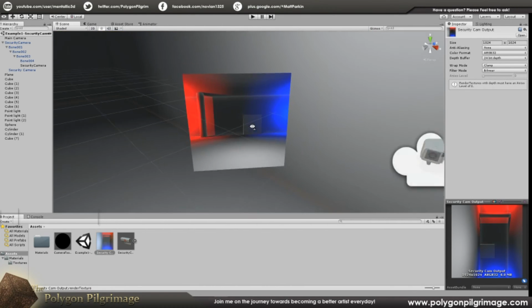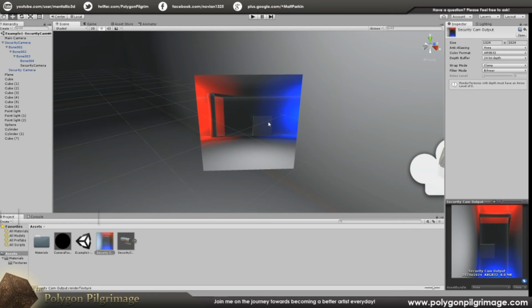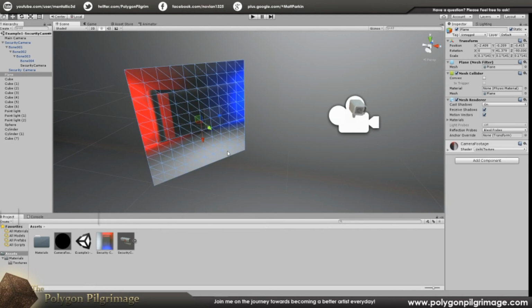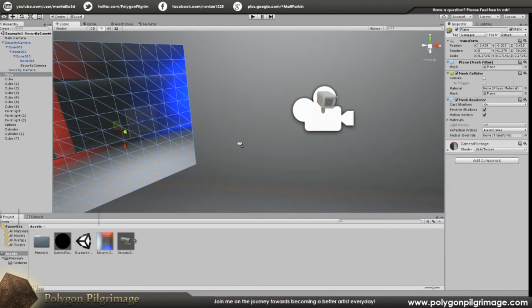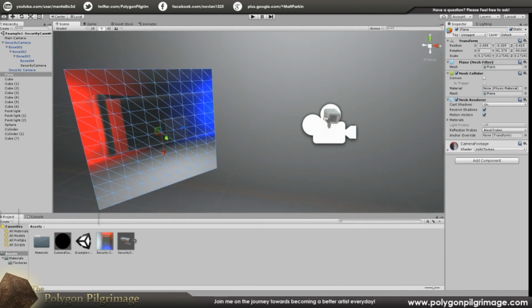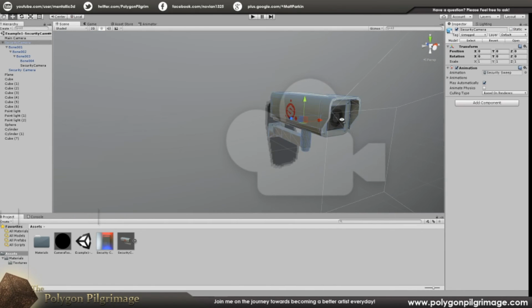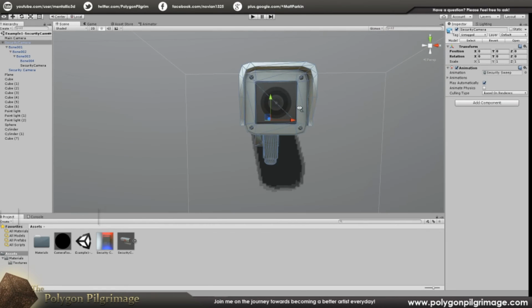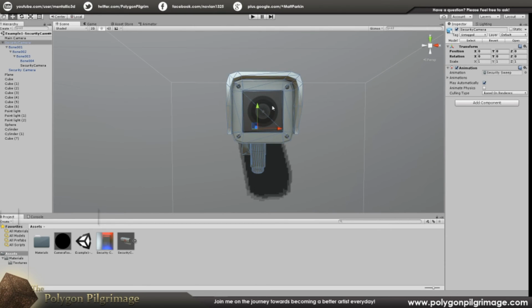And then all you have to do is have a proper model here. So what I would do is, for say a security monitor, measure it all out, model it, and then separate the screen as a separate object. And then you can apply this material to that object. Or in your modeling package, if you have the object itself, like say this object, and then I just make this face in the middle that is going to be the screen. If this was a monitor, not a camera here, you can put that on a separate